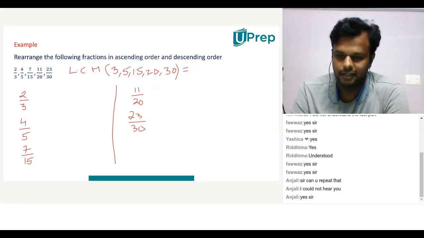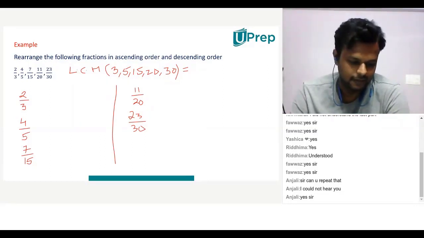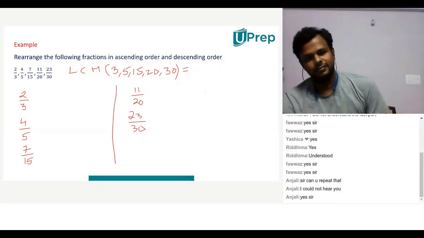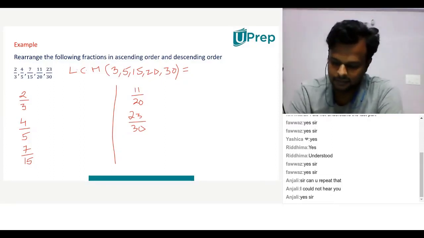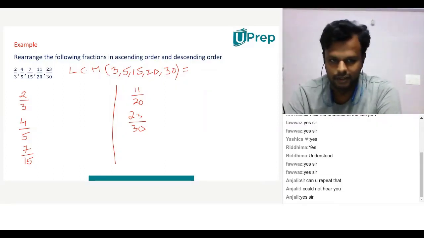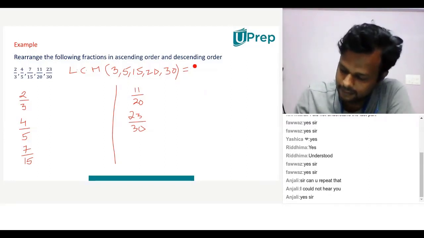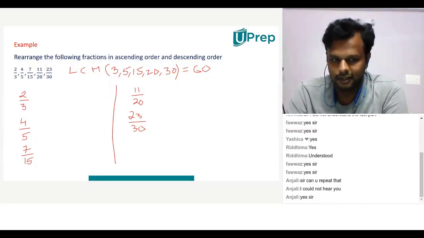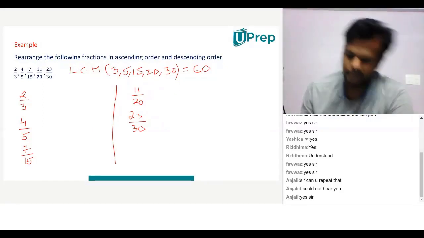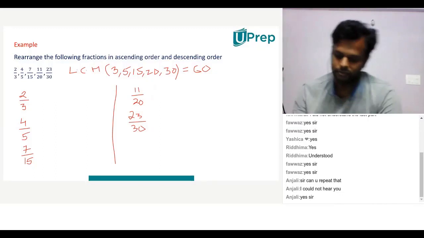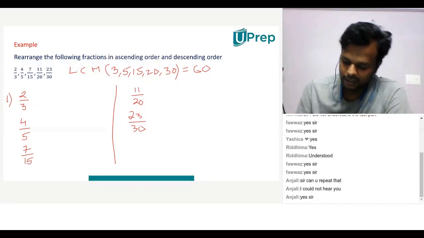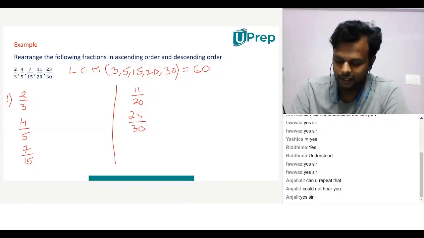So Neha, what is the LCM here in this case? Sir, I got it as 300. No, Neha, that is wrong. Oh, actually, I did it on the wrong basis. 60. Very good, Yashika, the LCM is 60. Children, the LCM is 60 here. So let us understand this now. I have 60 here. Now let us take the first fraction. What do I need to multiply in the numerator and denominator so that I get 60 in